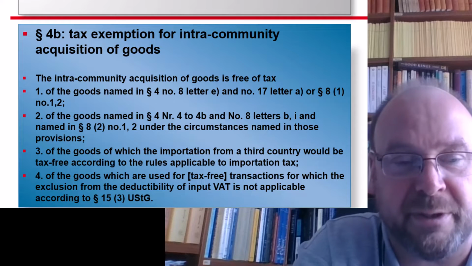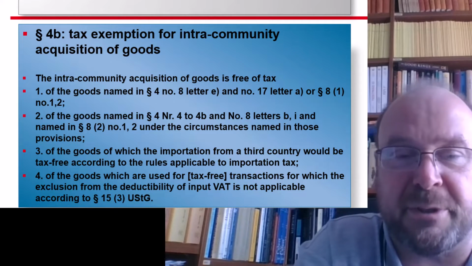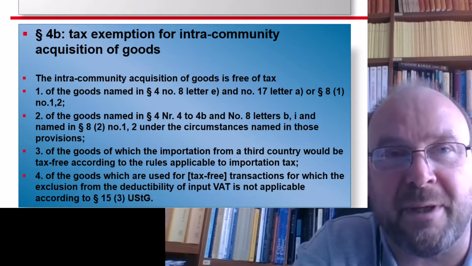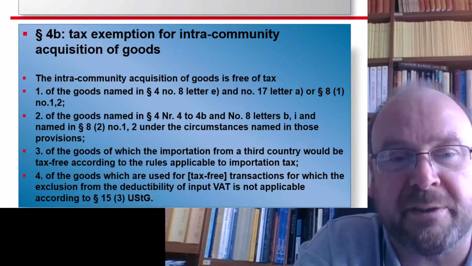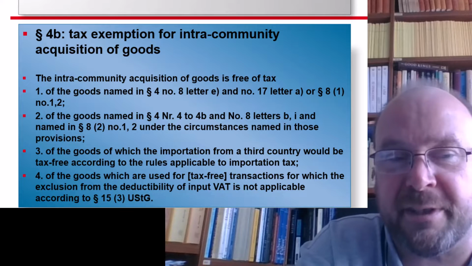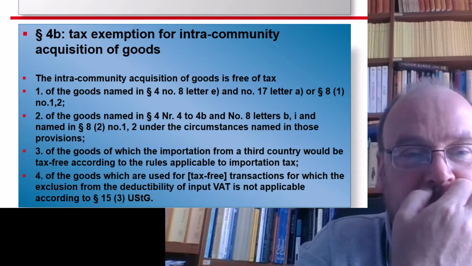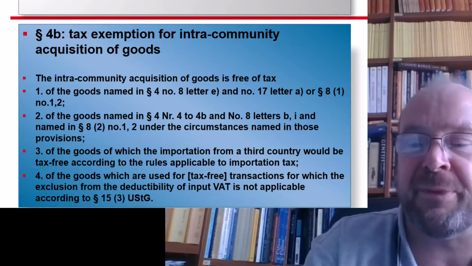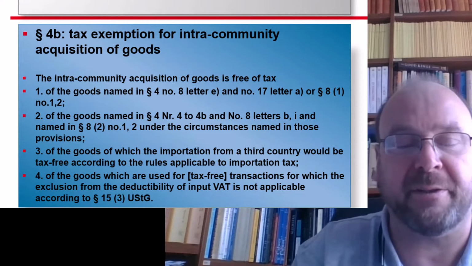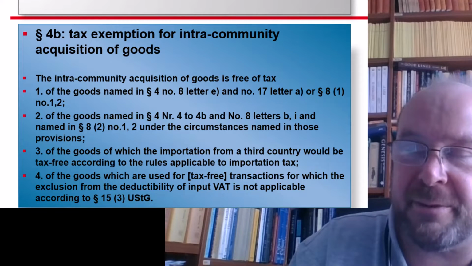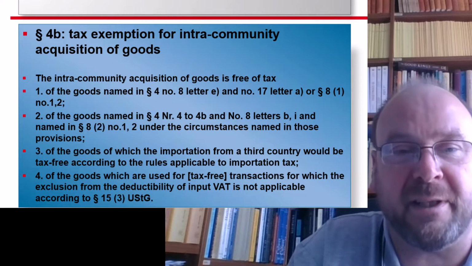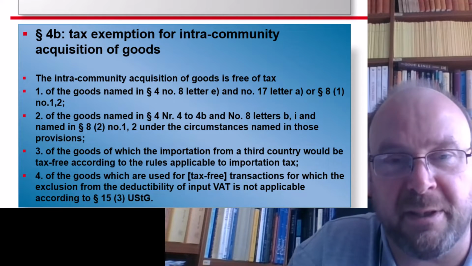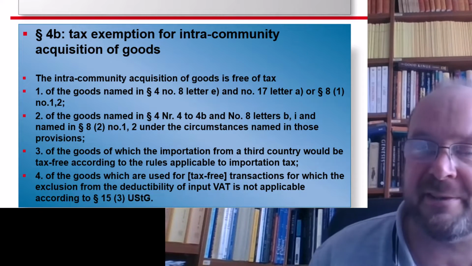so you can legally do it. And some goods which you buy and directly export to other EU countries or other countries in the world, third countries, would also be free of acquisition tax, which is rather a peculiarity. So below the line, you can nearly always write the acquisition is fully liable to tax, because no tax exemption in paragraph 4b applies to my concrete case.